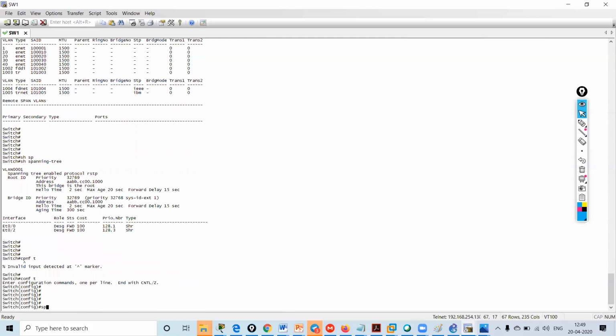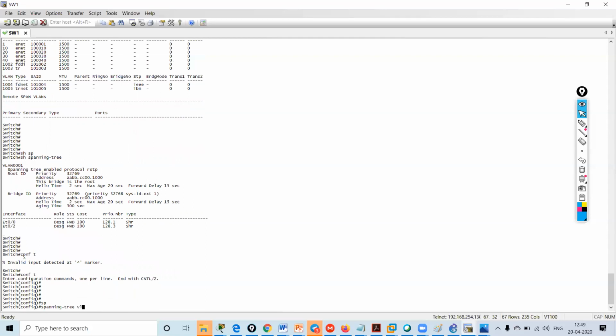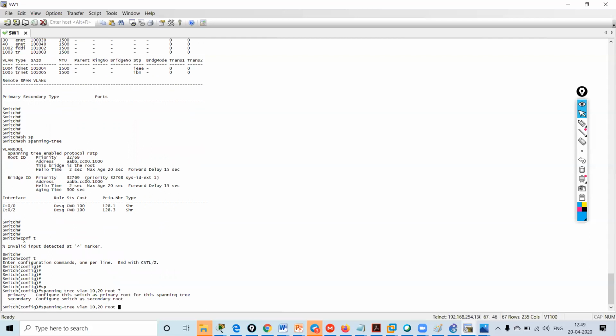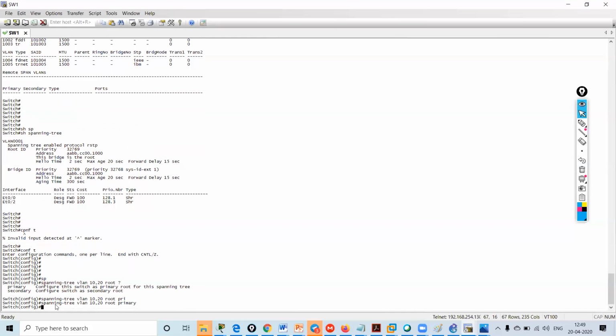Okay, so what command do I have to give? Spanning tree VLAN 10, 20, this will be my root primary.